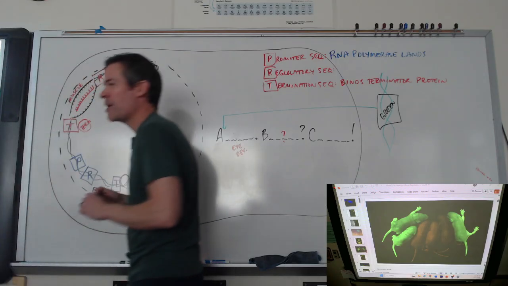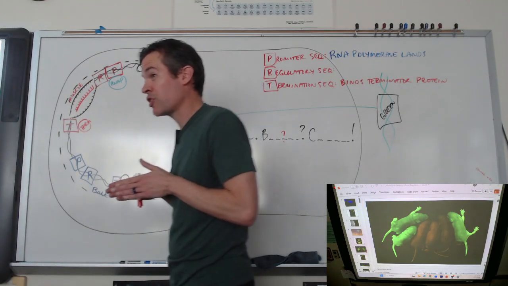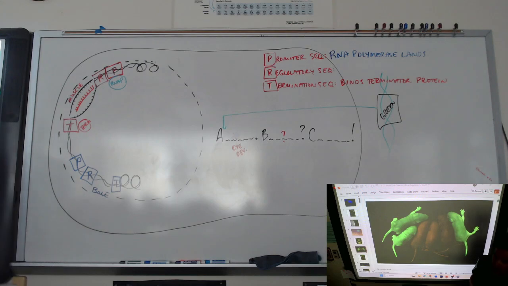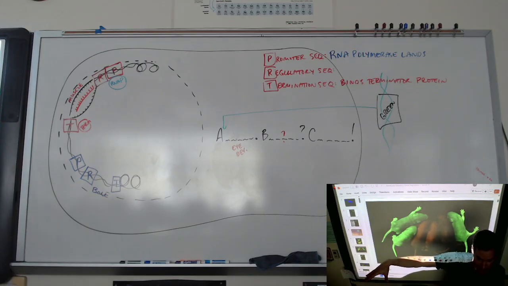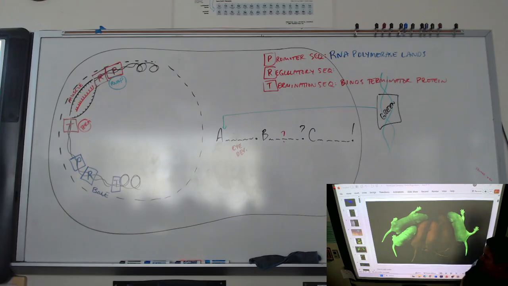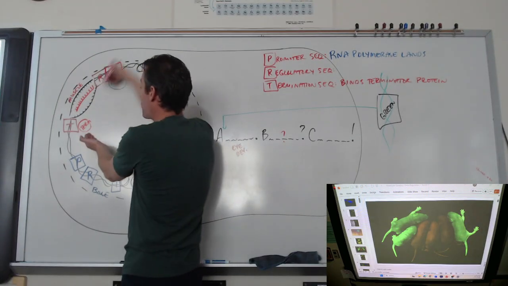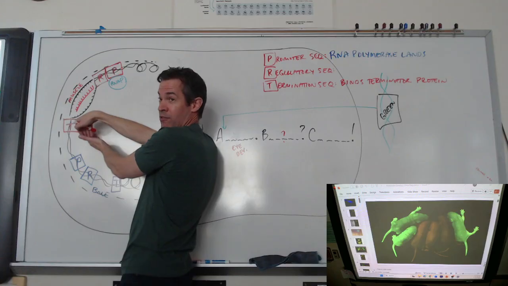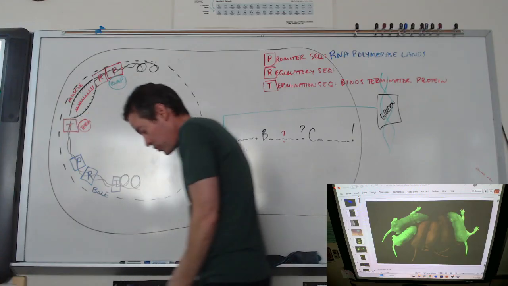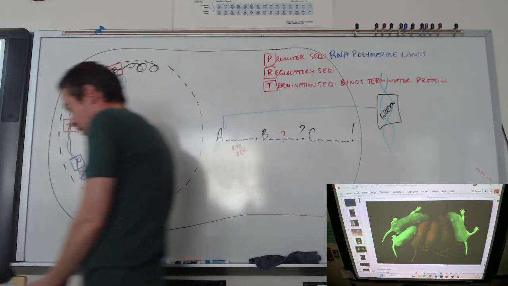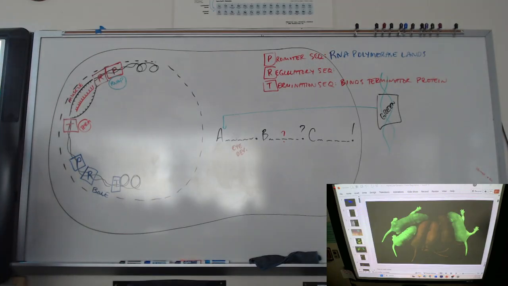So it's almost like RNA polymerase is a train cruising on train tracks, and then I just have a 50,000-pound boulder sitting on the train tracks. It's like, all right, this is where I stop. Like there's a boulder in the way. So a terminator protein, not always, but often, just physically blocks me from going any farther. Like I'm cruising down these train tracks, and then there's a boulder, so this is where I stop.